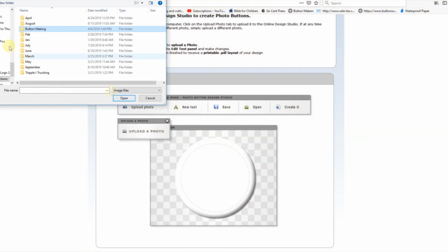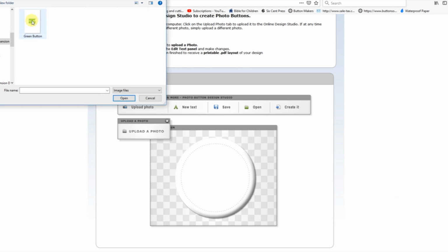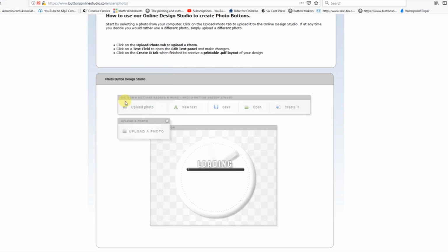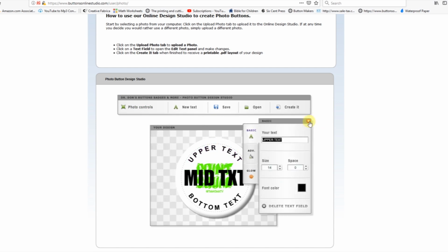Oh, okay, I already had it open. Print Squad button, where's it at? And I dropped that right off in there. Hopefully everything will be the right size. And it just takes a minute and it drops it in there for me. Alright, so I have this extra text, but since I don't need it, all I do is click on that and click on the X. Oh, just click on delete